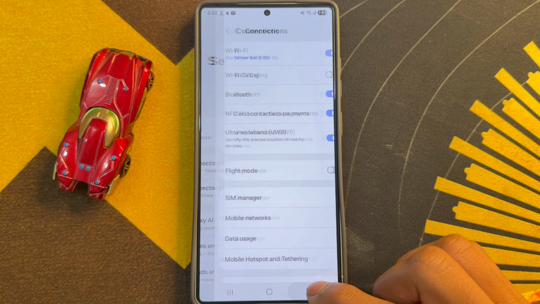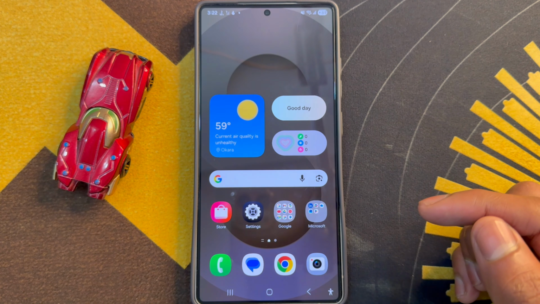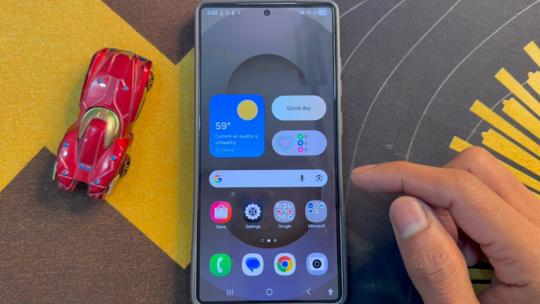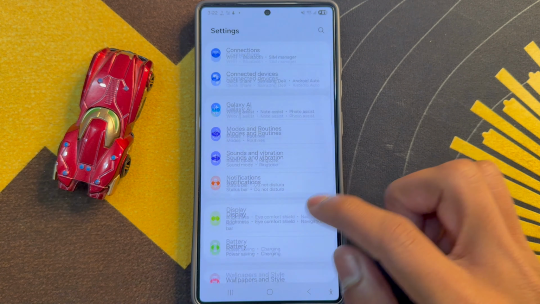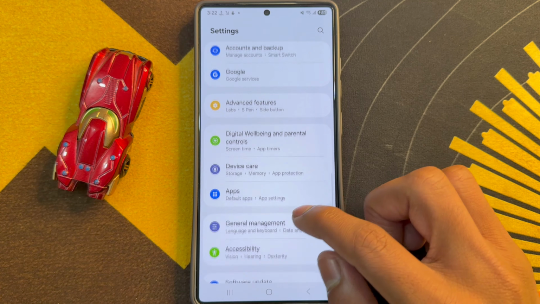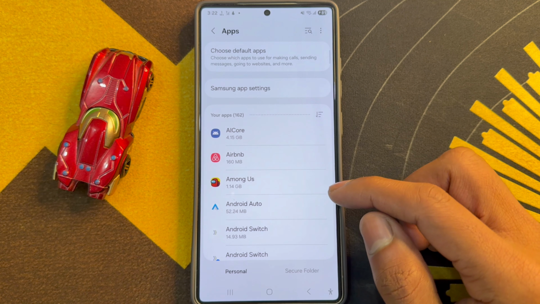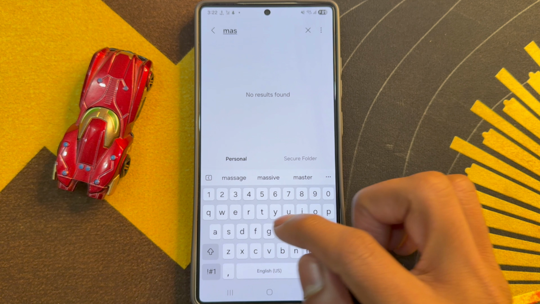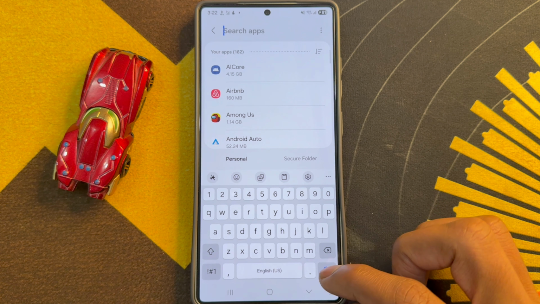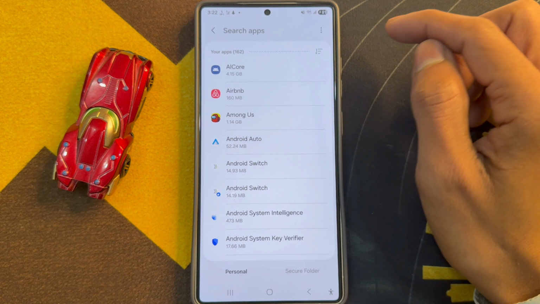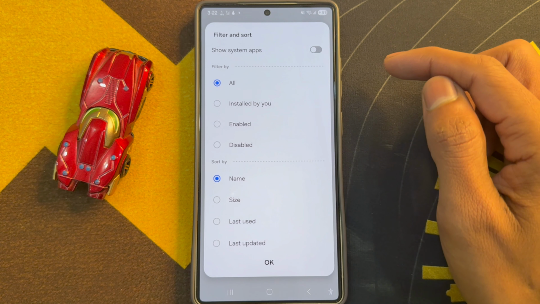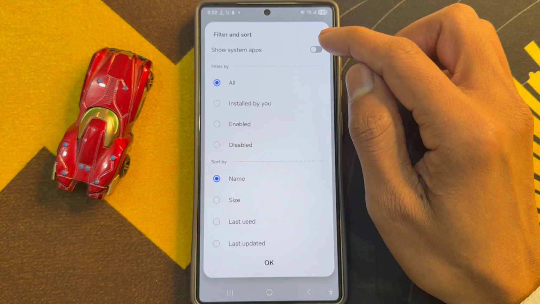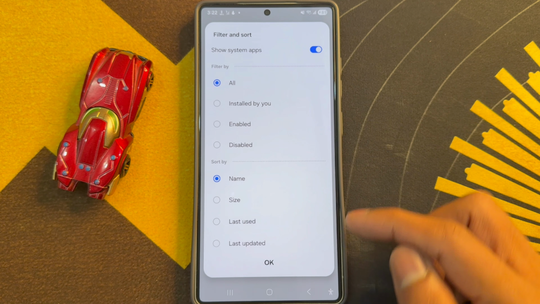Now go back. After that, clear messages app cache. Click on settings, scroll down, click on apps, search messages, click on three lines, more option, show system apps, turn on this button, click on OK,